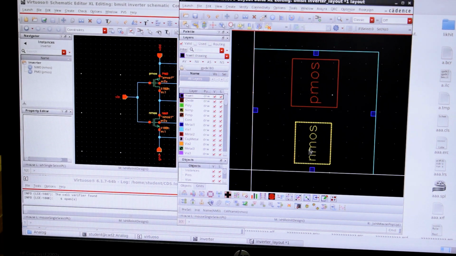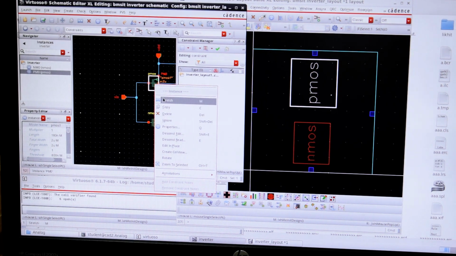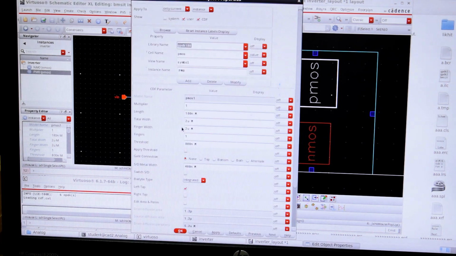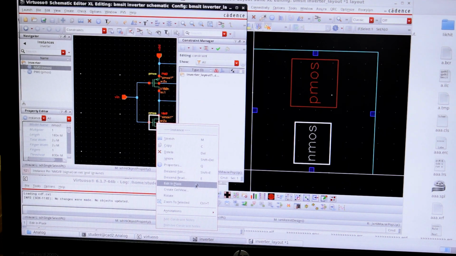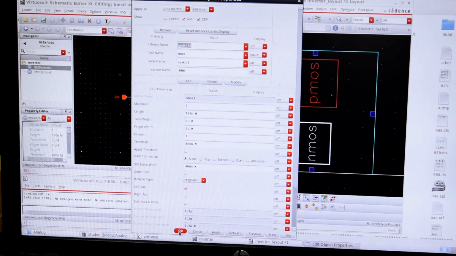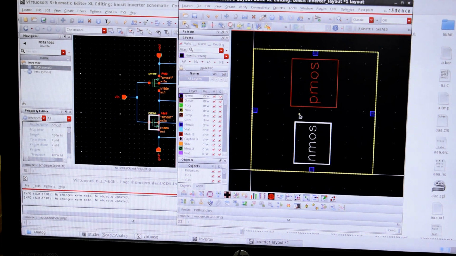You will get this window. You can see we have this PMOS and NMOS transistors. Before going further, I wanted to make sure the body is integrated or not. For that, go to Properties and you can see this body type. If it is not integrated, you need to make sure it is taken as integrated. Integrated means your body and source will be shorted. You don't have to externally connect your body; by default your body will be connected to your source. Press Shift+F.